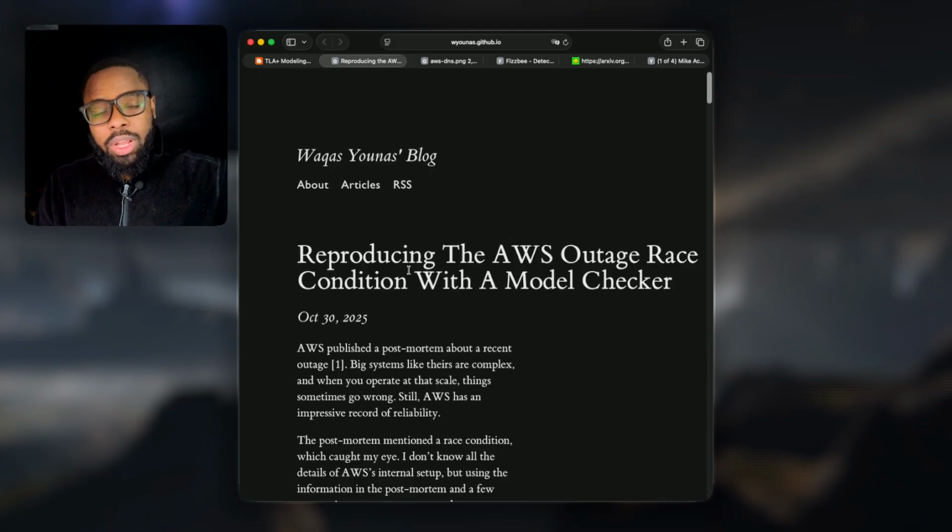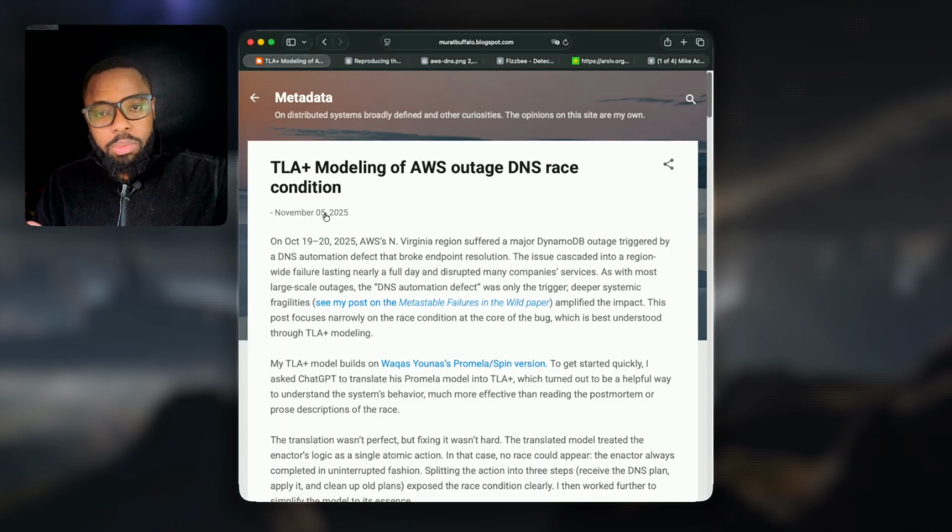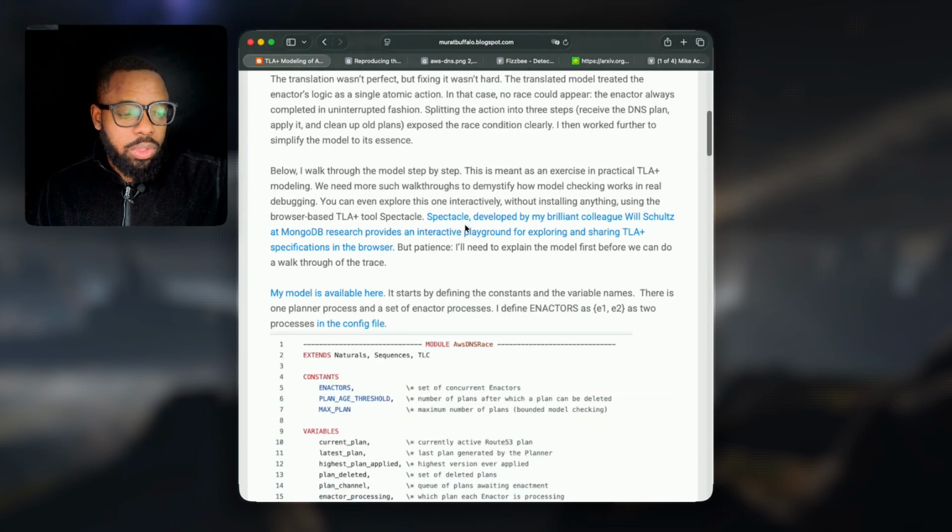And so with Promela, you have the model checker called Spin. With TLA Plus, you have the TLA Plus spec language, and then you have the TLC model checker. So in Murat's blog post, he does the TLA Plus and TLC spec. What I took from that blog post, because it felt so simple and straightforward, I essentially decided to do a translation in FizzBee, which is another